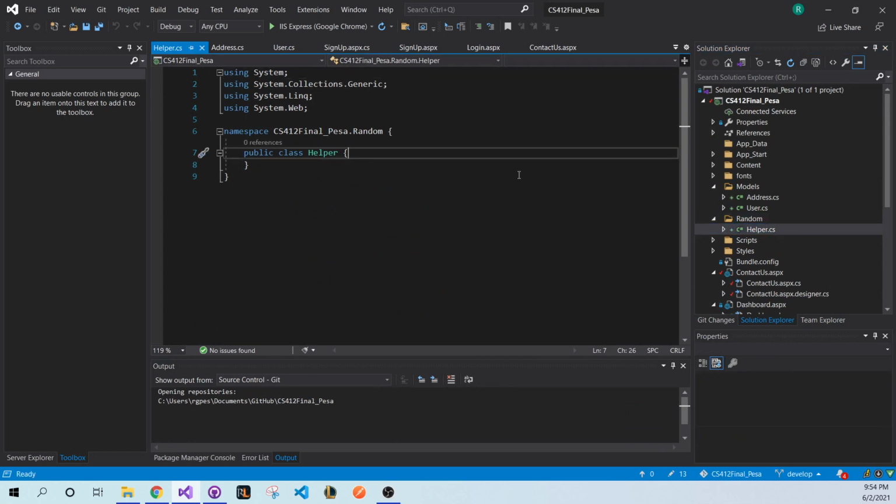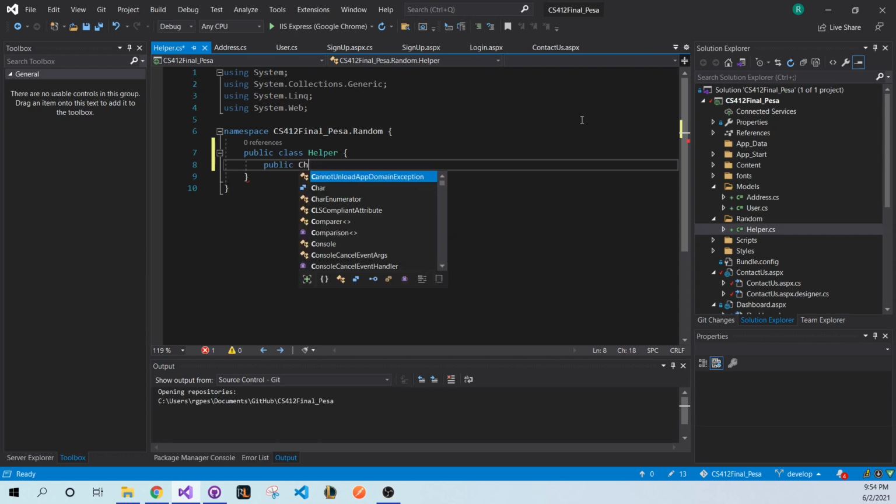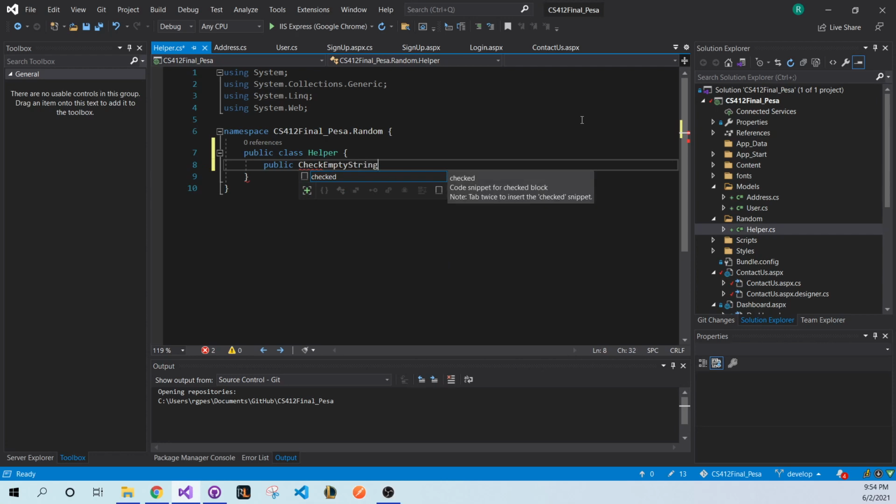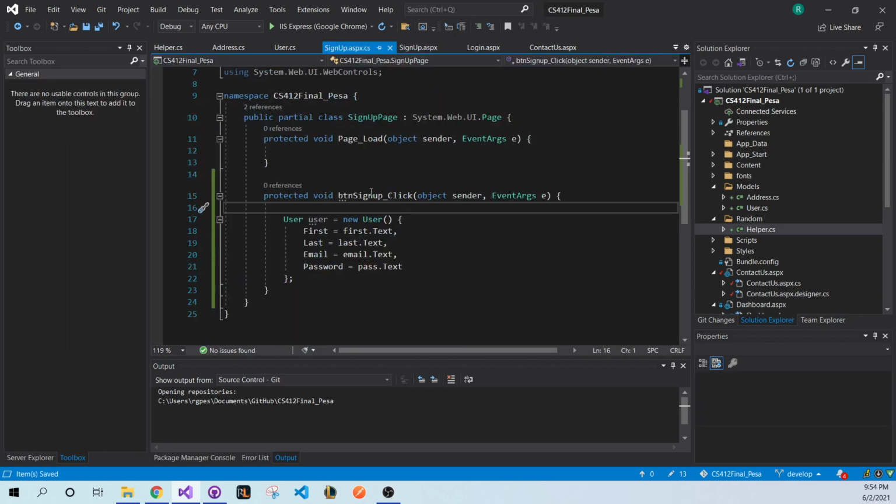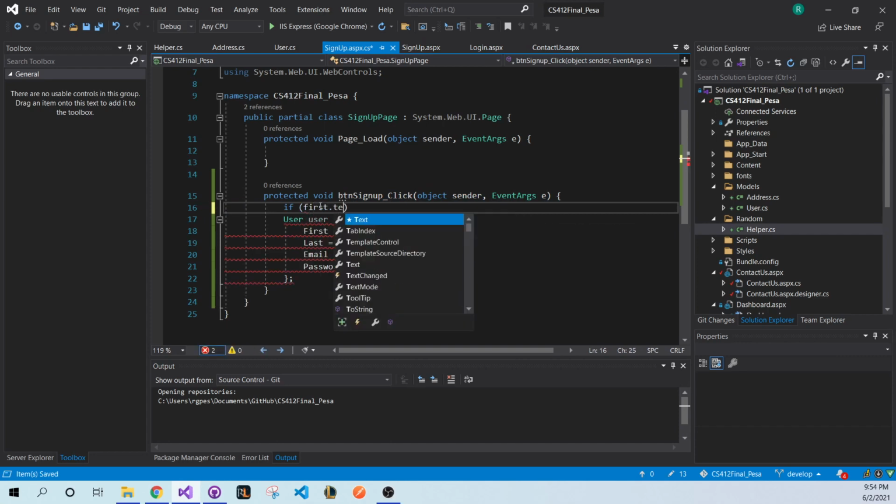This helper class is going to check for, let's create a function in it, public. Actually, let's not mess with this helper class yet, because this is very specific to the sign up page. So, if string dot is null or white space first dot text,